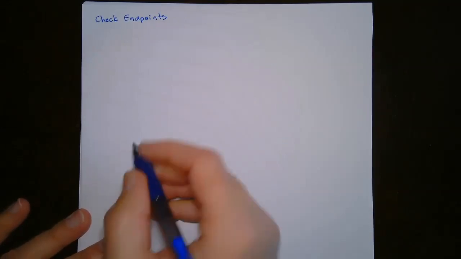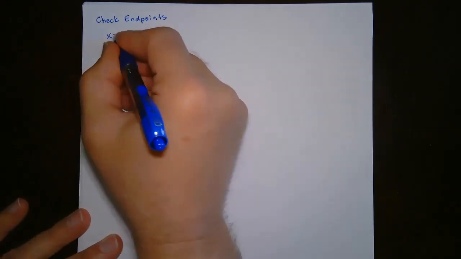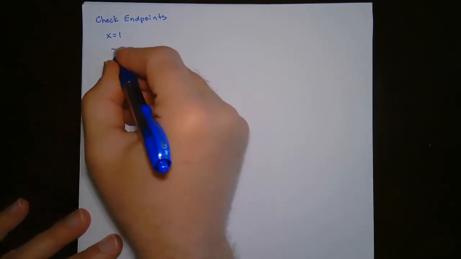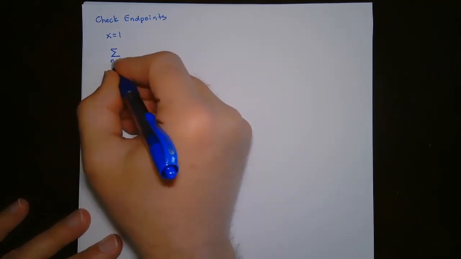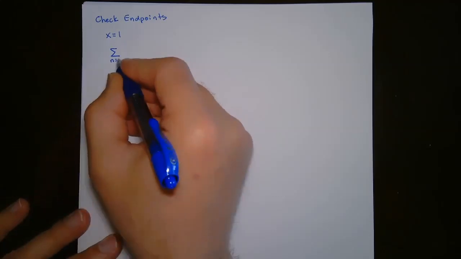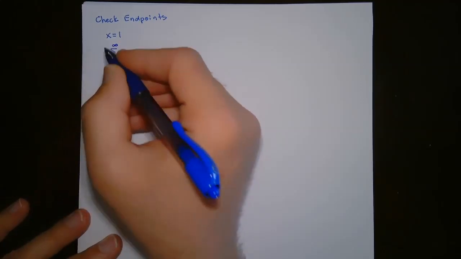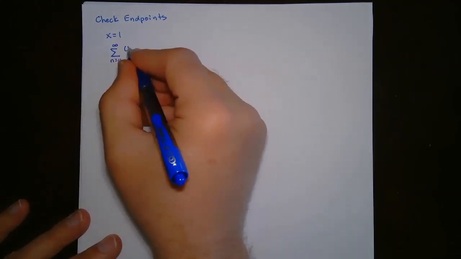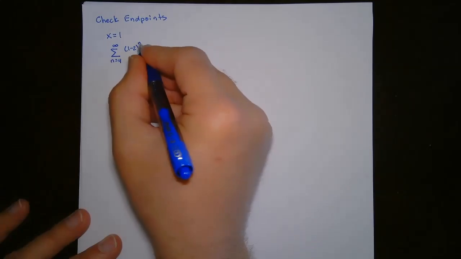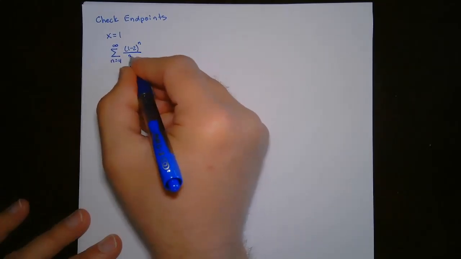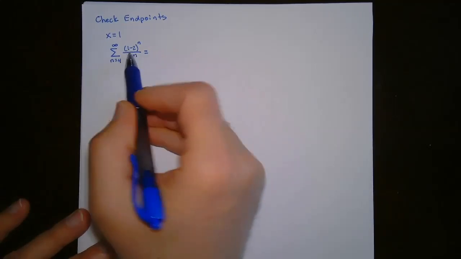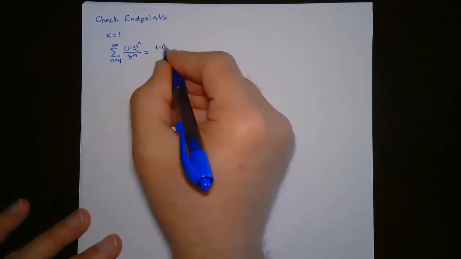And we're going to check it at x equals 1. Okay. And when we do that, that would be sigma n equals 4 to infinity of, and we're checking at 1, right? So that's going to be 1 minus 2 to the n over 3n. Okay, so 1 minus 2 is -1. So this is going to be -1 to,